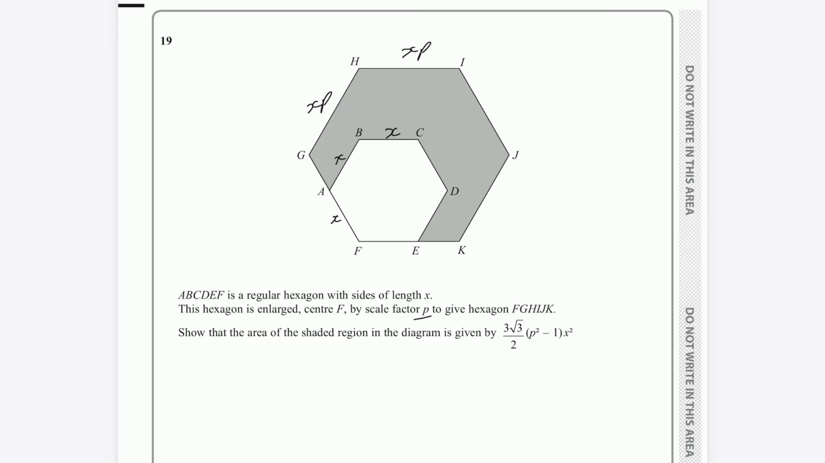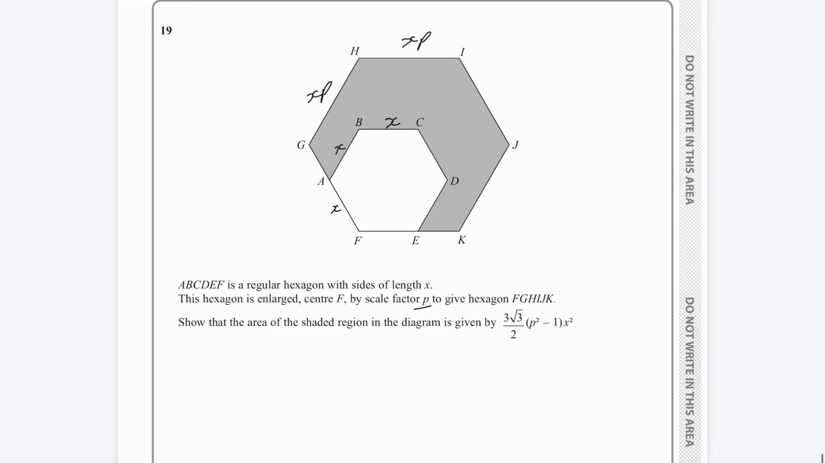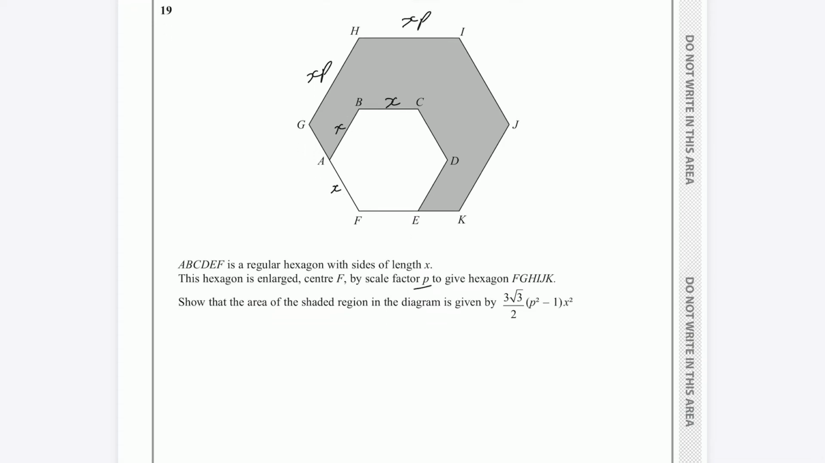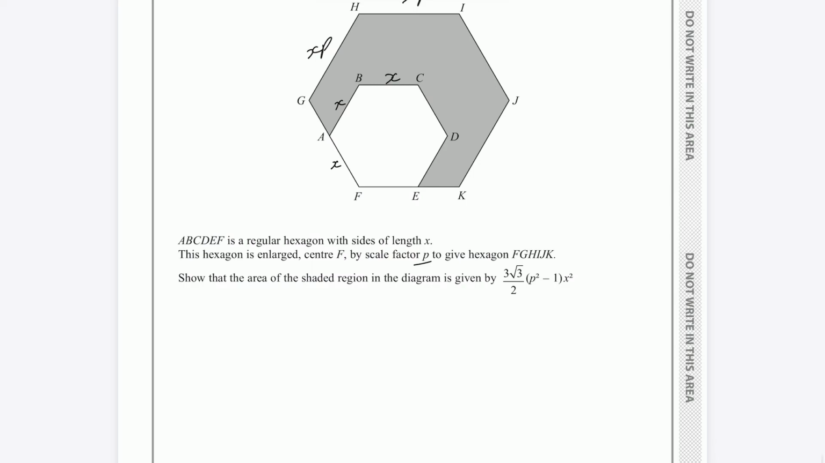Okay, so that's after it's been enlarged, and they're asking us to find the area of the shaded region, so we're going to have to find the area of the small hexagon, then the area of the large hexagon, and take them both away. Now, to find the area of the small hexagon, one little trick that you can use is if you draw a line between each of these